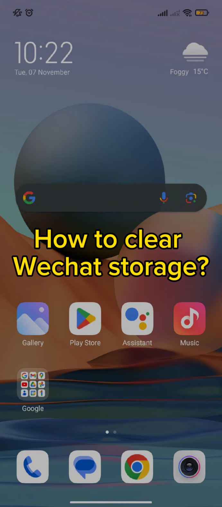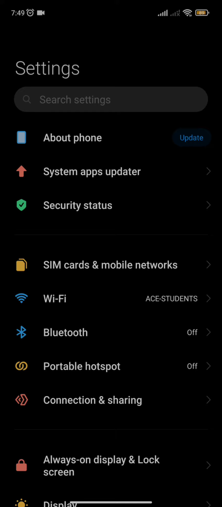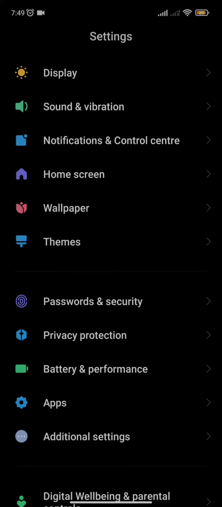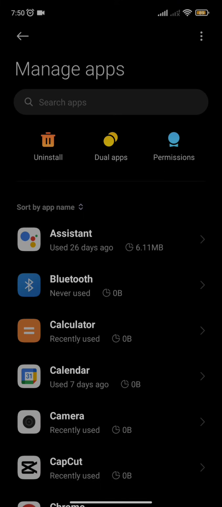So first of all, you need to go to your home page and tap open your settings option. Once you open your settings, you just need to scroll down below and tap on the apps option. Once you tap it open, you can find the manage apps, where you need to go and scroll down